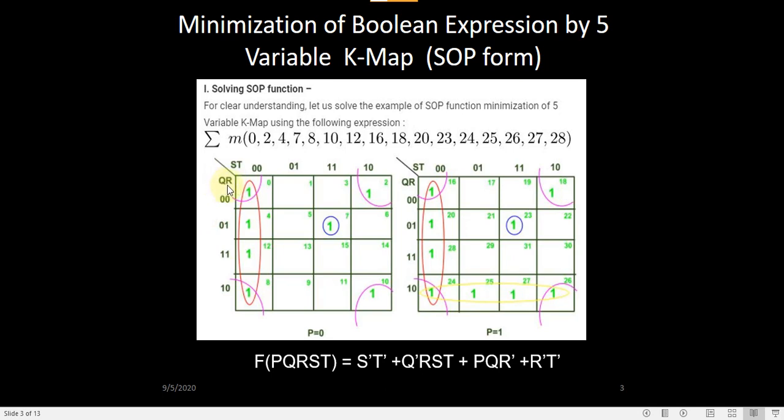Like here, Q and R are varying. So P and Q are varying. Only S and T are fixed. So you have written S dash T dash. If you extend that logic, P is varying from here to here. It is not dependent on P now. Yeah, I got it. The way it is not dependent on Q and R, same way when we see across the table, it is not dependent on P. So as long as we make two tables, all those common ones, we just remove P wherever it is common. Okay, sir. Thank you.